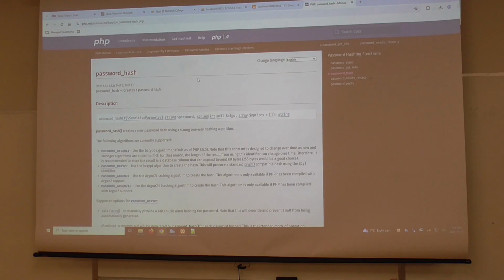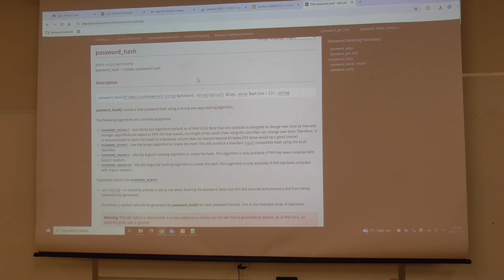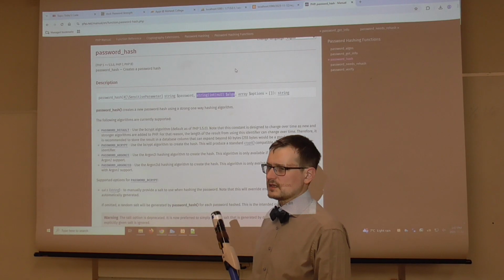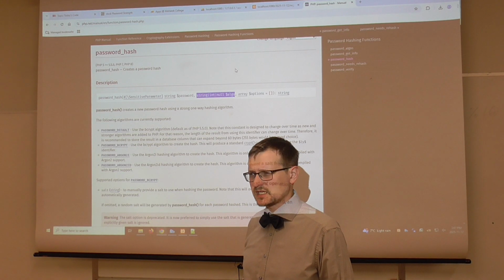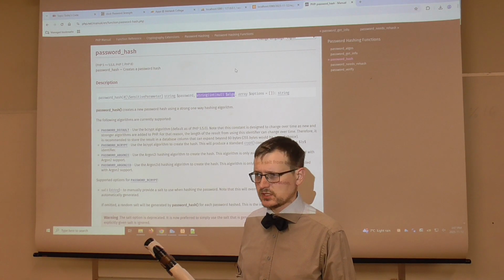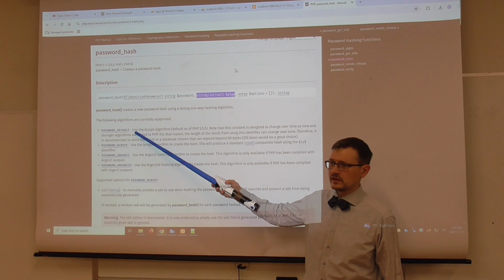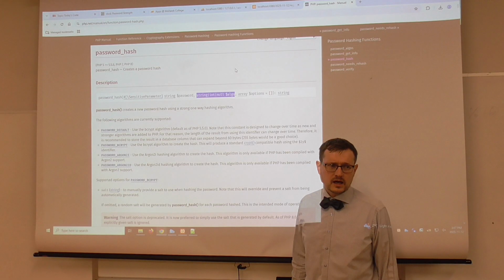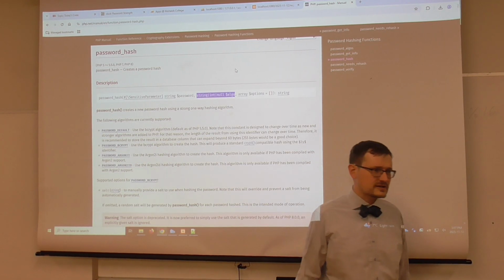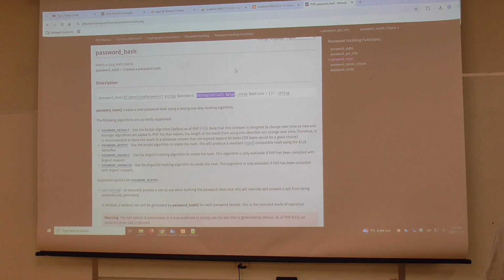Notice it requires a second parameter. There's no default value for it, and this is the hashing algorithm. It's kind of beyond the scope of this course to get into what the differences are between the particular hashing algorithms available. For our purposes, PASSWORD_DEFAULT is going to be good enough for us. But any further than this, and you're starting to have to talk to someone who knows stuff about security, right?